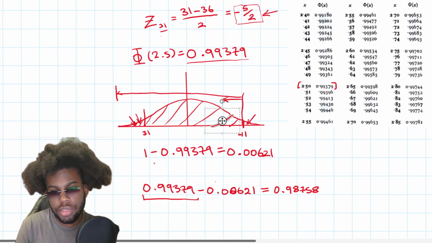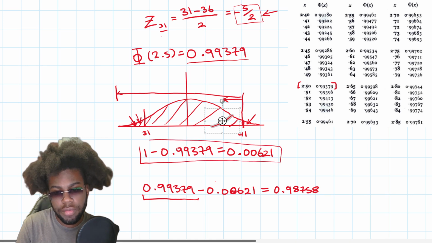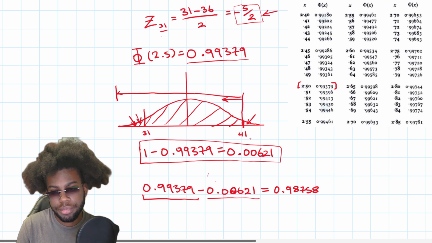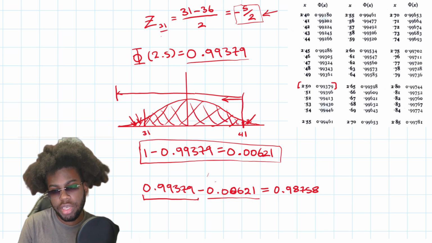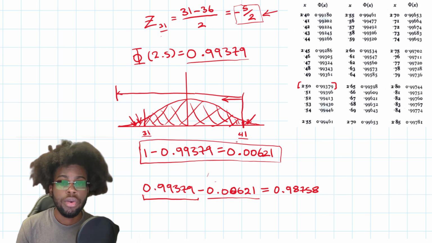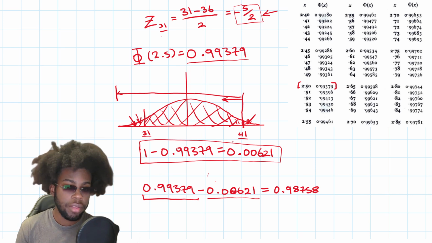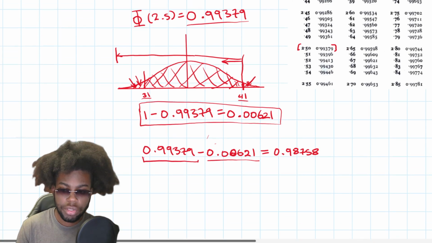So we were able to just subtract 1 from it to get the remainder of that area and subtract it again from what we've gotten, as the two areas are the same, to give us what is left back in this shaded region in the middle, the area or integral between 31 and 41, which is also the probability that our random variable x will lie between 31 and 41, which is